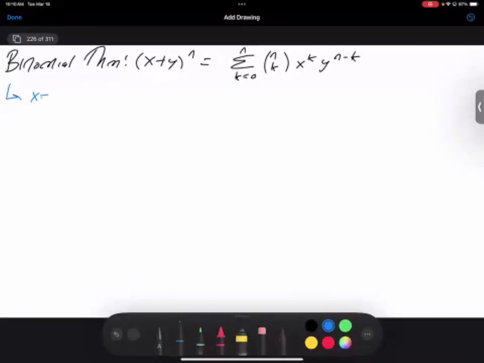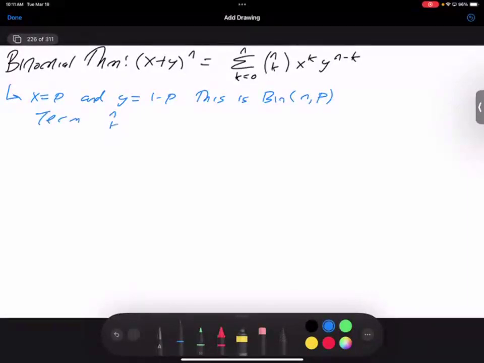If we let x equal p and y equal 1 minus p, this is the binomial distribution with parameters n and p. And then the term n choose k, p to the k, 1 minus p to the n minus